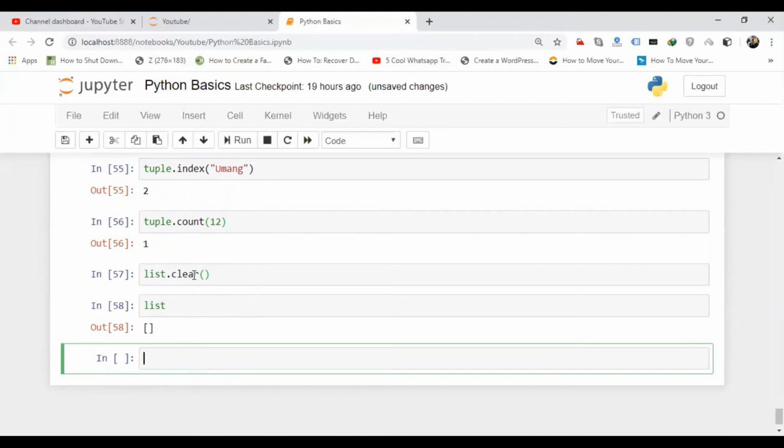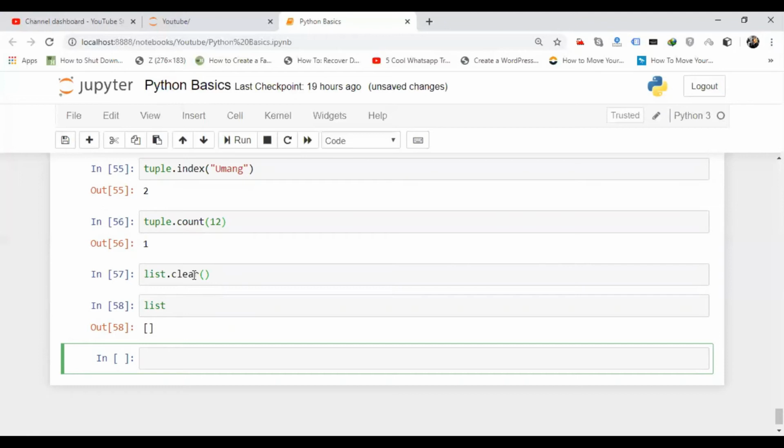So this is all about the tuple. We don't have much in the tuple, only this much. I hope this is clear to all. So the difference between tuple and list is what? In a list, we can add, remove, or change any value. But in the case of a tuple, we can't make any changes. This is the basic difference between the list and the tuple.